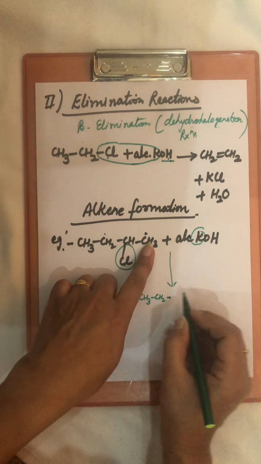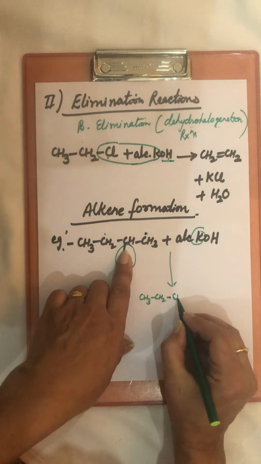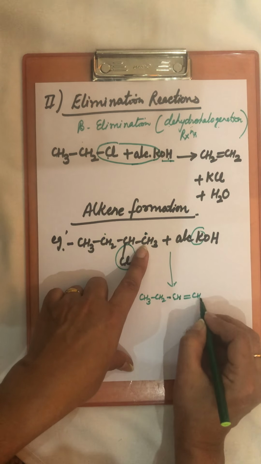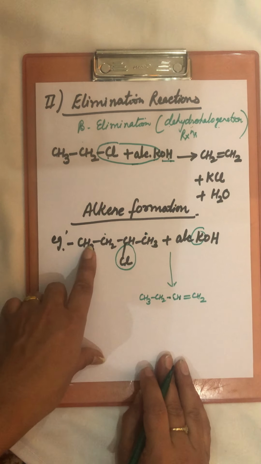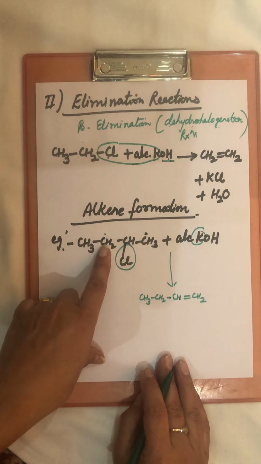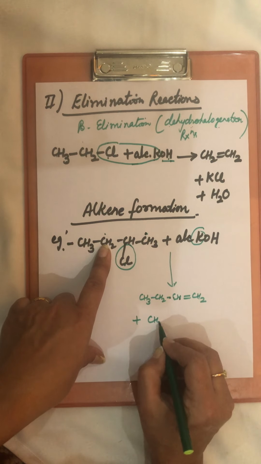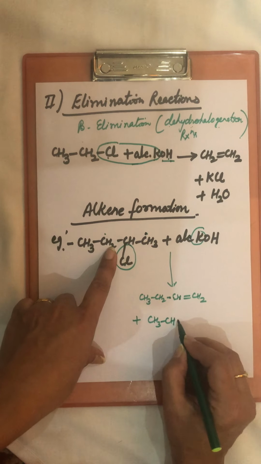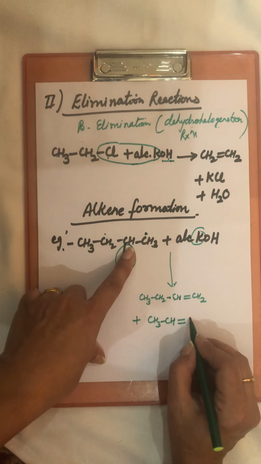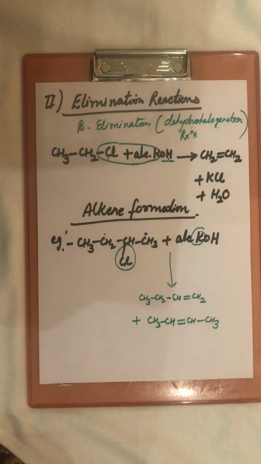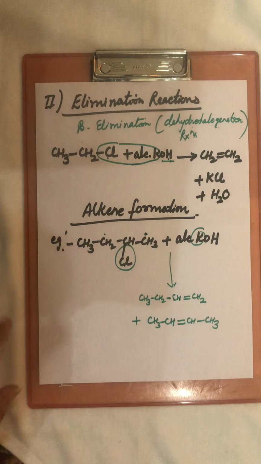First I am removing hydrogen from this carbon. Halogen from here, hydrogen from here. So between these two carbon atoms there is a double bond. Now the second time I am removing the halogen and from this adjacent carbon I am removing hydrogen. So plus CH3, one hydrogen is taken out from this. So the double bond will now be between these two carbon atoms. So two alkenes are formed here. So now which one is the major alkene? Both the alkenes, both the products will form. But which one is the major alkene?